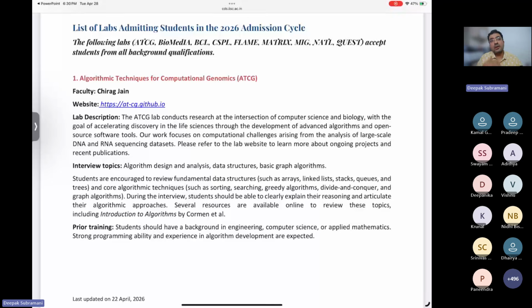What are you interested in? Will you be happy working on those topics? I'll give you a talisman: one question you must answer, and if the answer is yes, you must select that lab. Imagine the worst possible day in your life. Maybe your girlfriend or boyfriend broke up with you, you fell off your bike, you lost $100,000 in crypto, maybe RCB lost a cricket match. The next day, will you be okay to wake up, go to the lab, and work on those topics? If the answer is yes, select that lab.